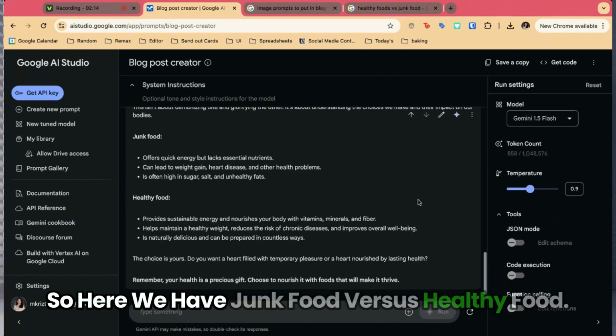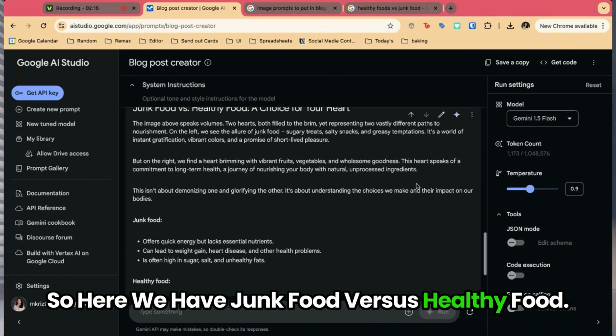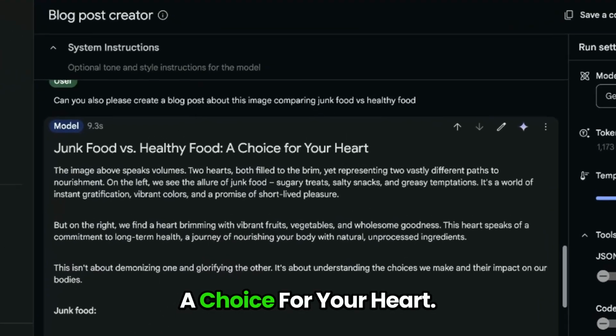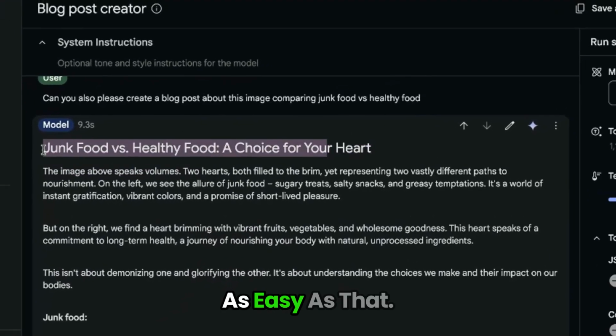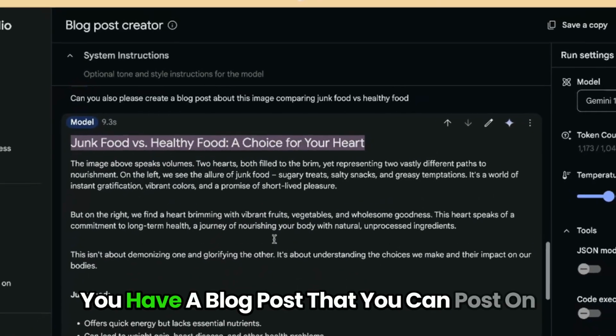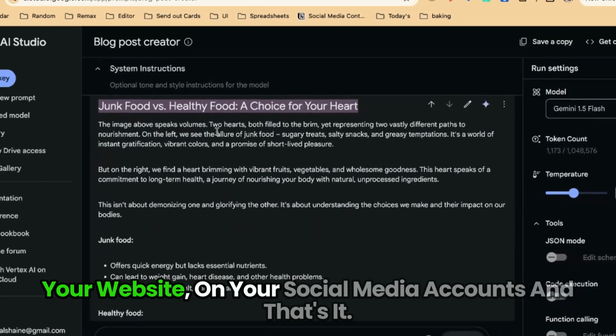So here we have junk food versus healthy food, a choice for your heart. As easy as that, you have a blog post that you can post on your website, on your social media